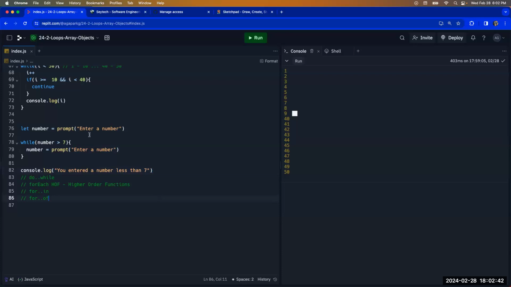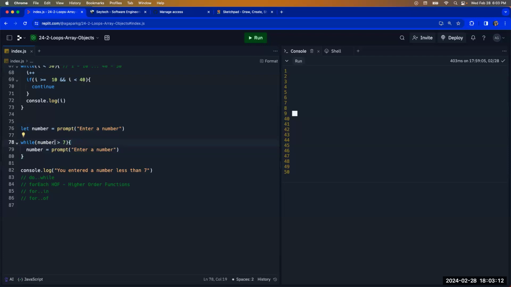So we actually don't know what number the user will enter, right? If the user enters anything above 7, we will keep prompting the user to enter another number. Let's say the user entered a number above 7 a thousand times, and